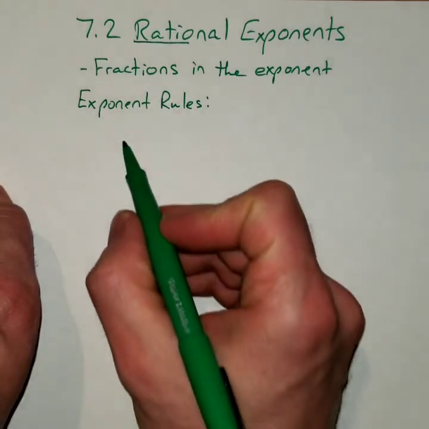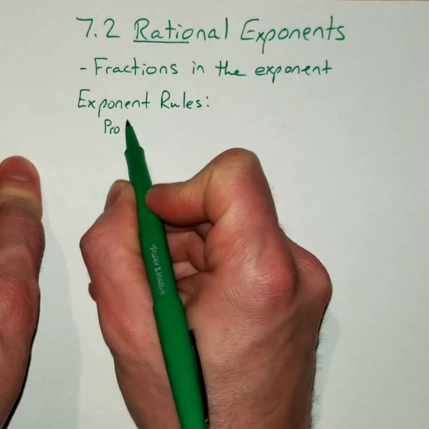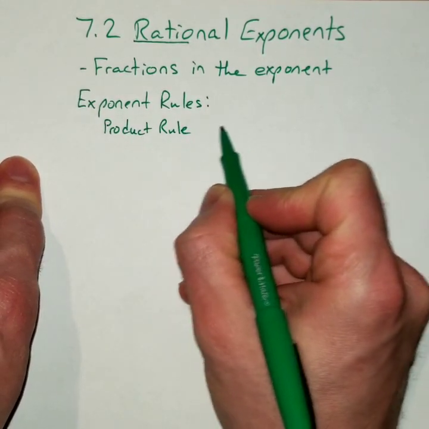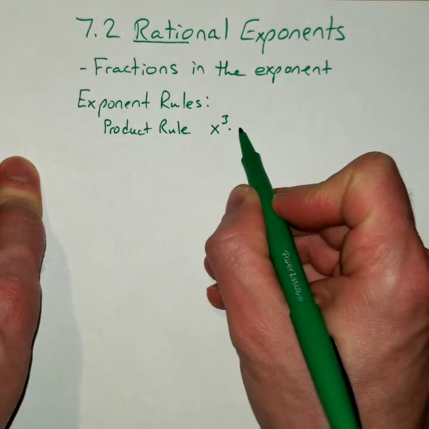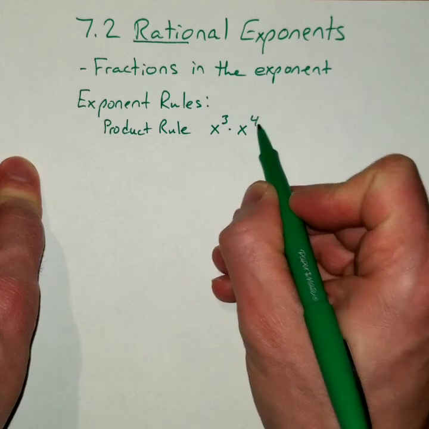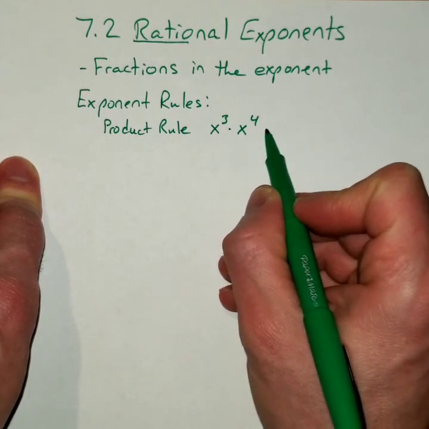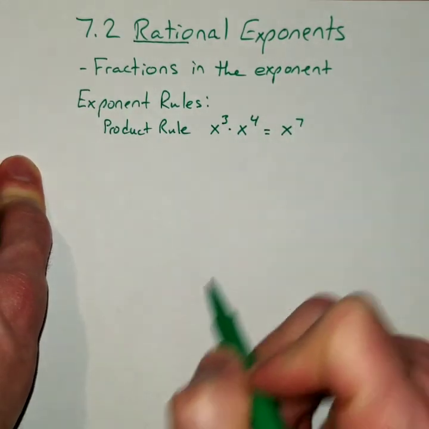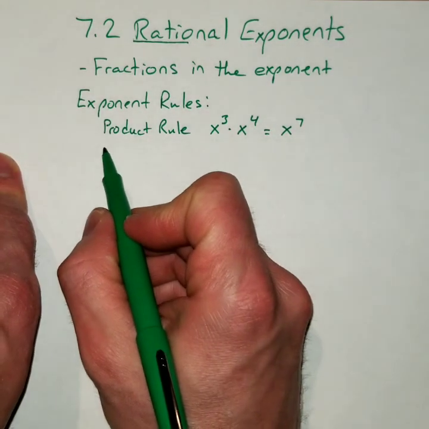But we had several exponent rules, one called the product rule. And the product rule is where you had, if you had two exponential expressions multiplied together, then you add the powers together. So here you'd have x to the 7th. Okay, if the bases are the same. Sorry. Quotient rule